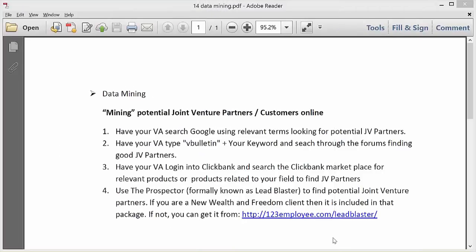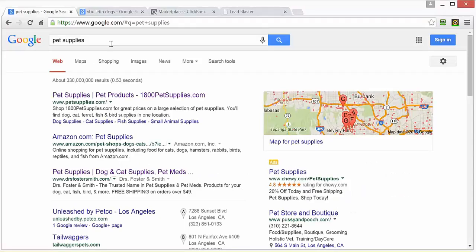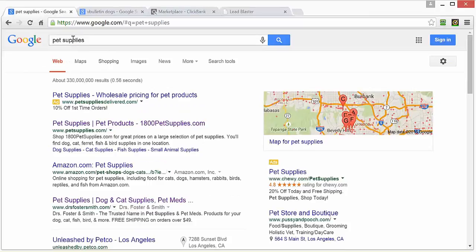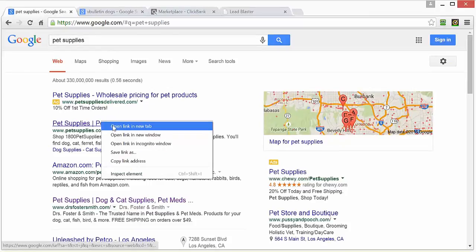Let's talk about data mining. And data mining is mining potential joint venture partners or customers online. So there's 4 methods here, and I'll go over each of these. First is have your VA search Google using relevant terms looking for potential JV partners. So let me show you what I mean by that. So in this case, I'm using pet supplies as an example. So I already did a Google search, but I can do it again, pet supplies, and basically look through the